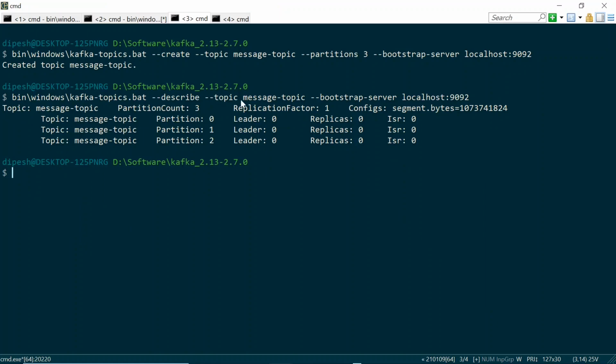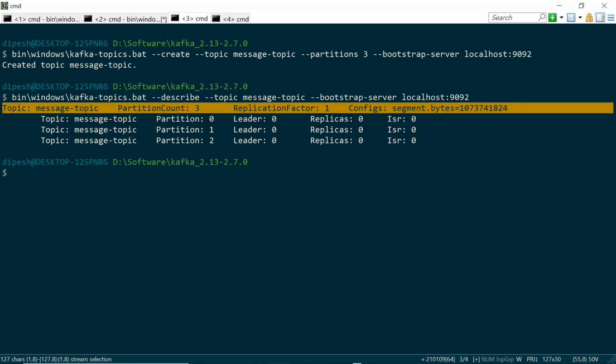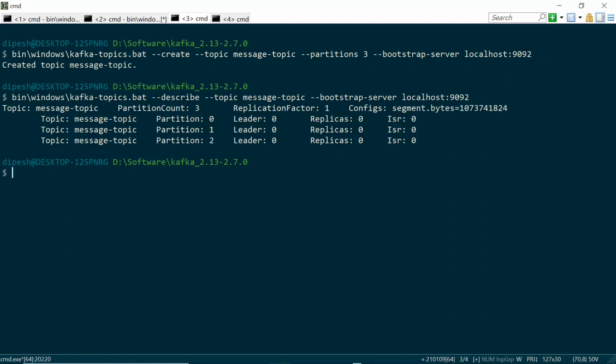Now you can see that it gives us some information about the topic. The topic name is message topic. It specifies the partition count. We have created 3 partitions, so these are the 3 partitions, 0, 1 and 2. Since we have only a single broker, we did not specify any replication, so the replication factor is 1. And since we have only one broker, everything, leader and replicas, is on that particular broker, which is broker 0.